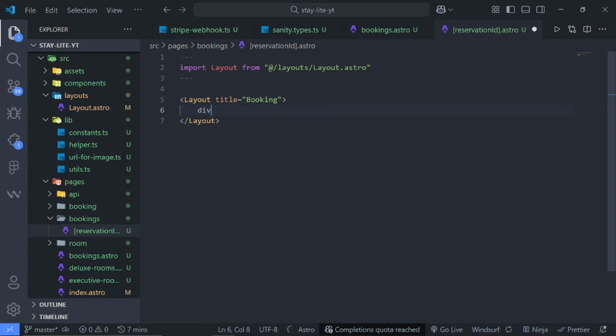Then inside just create a div with a class of py32, and let's also add another div with a class of container, and let's just give this a max width of 4 XL. And for now, let's just add this last div,